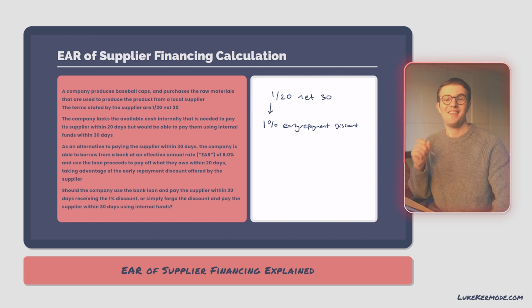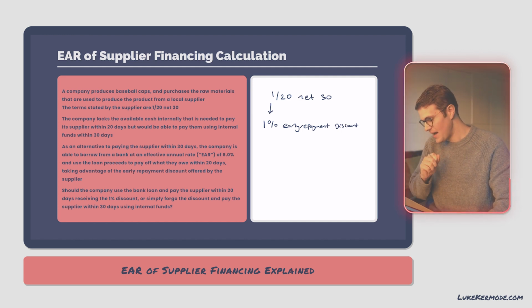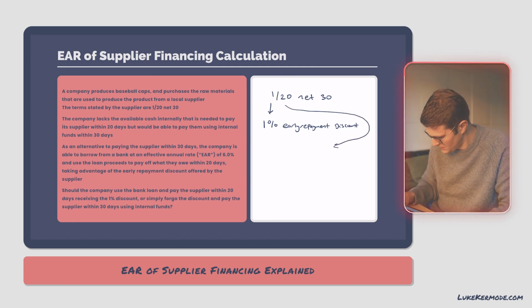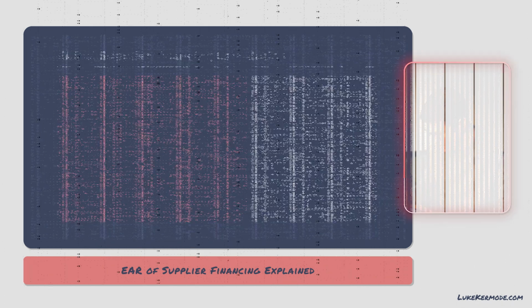So that is the discount that the company will receive if they pay the supplier early. But how early do they need to repay? So the second term, the 20, is the number of days the company needs to pay within,